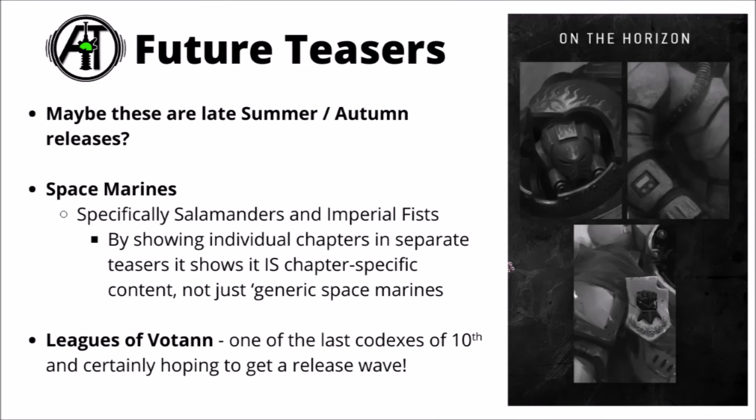Then looking past that, Games Workshop gave us some more murky teasers of the future. They basically reprinted the Salamanders teaser that they'd given us last time, a Salamanders Marine in Gravis armour, coming from existing artwork, added an Imperial Fist similar one to the mix as well, and then also gave us a shot of a Leagues of Votann artwork. I feel like this didn't really add all that much more than what we knew, but it is kind of interesting that because we've both got teasers specifically for Salamanders and Imperial Fists, it does heavily imply actual chapter-specific content,